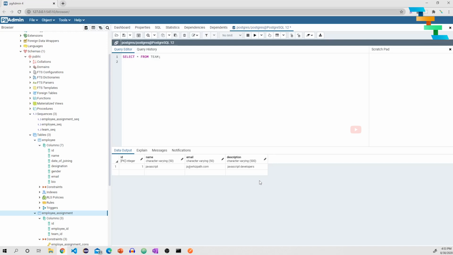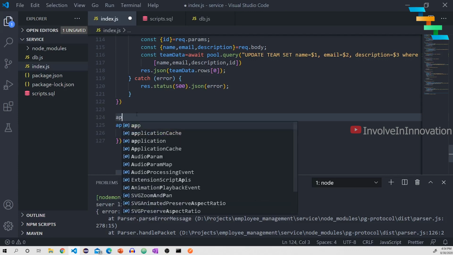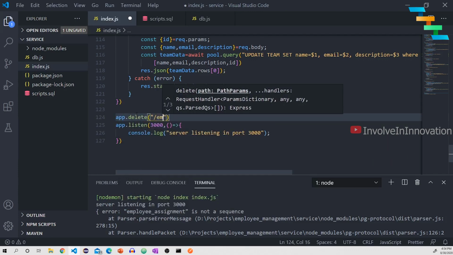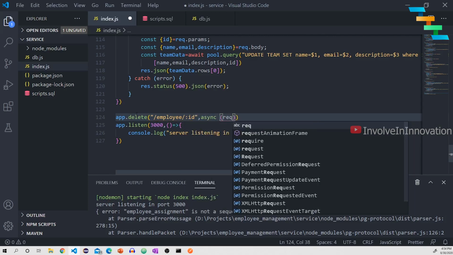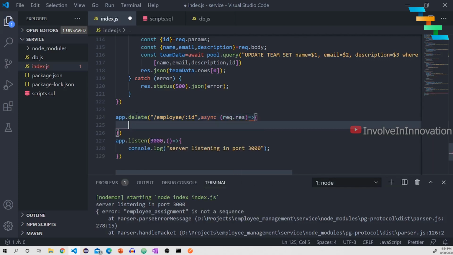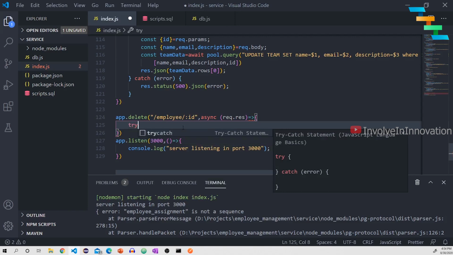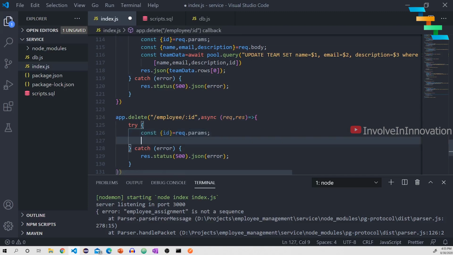Now last we need to create endpoints for deletion. So we will create 4 endpoints for deletion. First we will create for deleting the employee. app.delete employee /id, async takes 2 parameters. One is request and another one is response. Then this is anonymous function, and then here try catch. Copy this response here. We need to destructure the ID from the request param, and here we need to delete